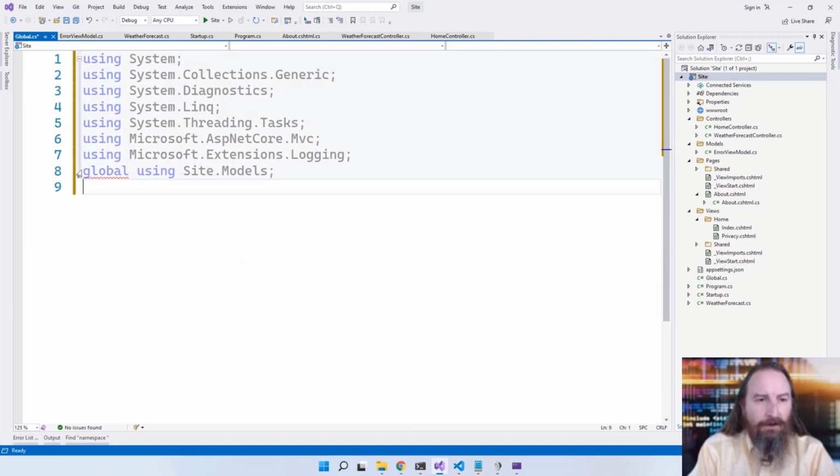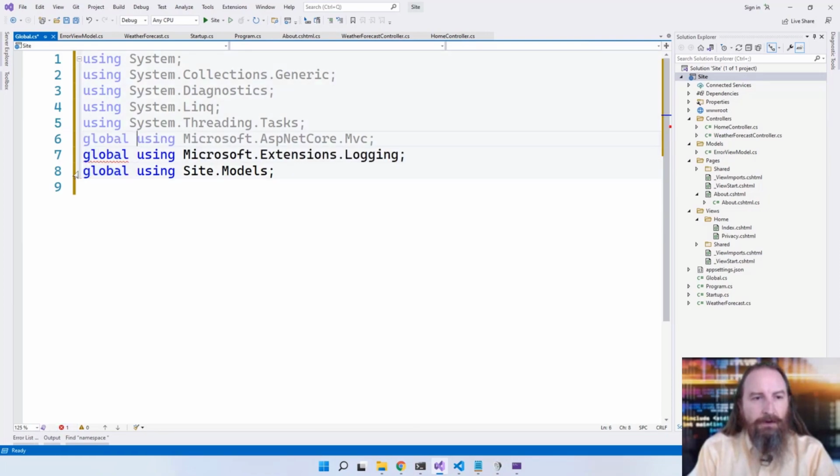Now, by saying global using, that will apply to every file in our project. We don't need to put it in a separate file. There's no specific file name that we have to use. We could put it inside of startup.cs, but we do need that global word in front of it. So let's do it here, and